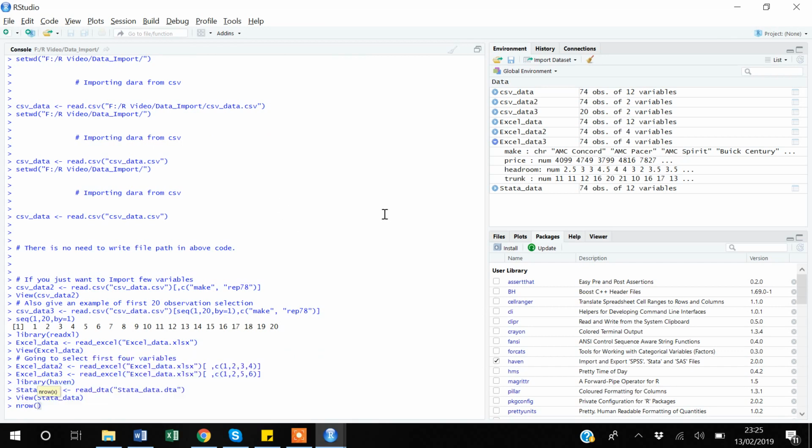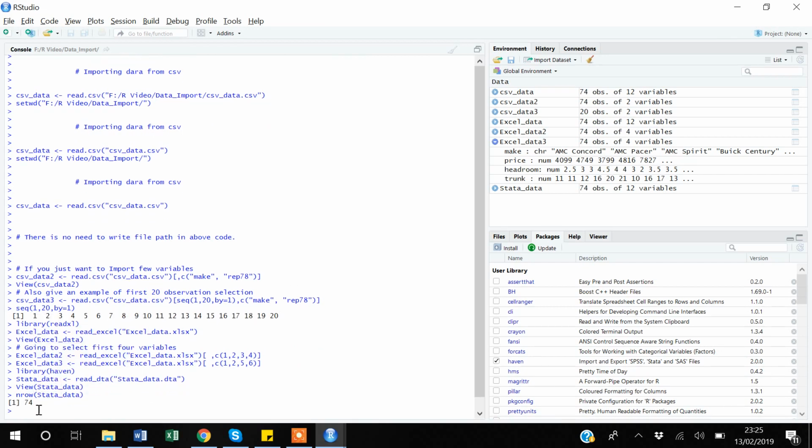Suppose I want to know this for the Stata data, I write nrow of Stata data, and if I press enter, you can see it tells me that this dataset has 74 rows. I can also assign this number of rows to a scalar, call it B, is equal to